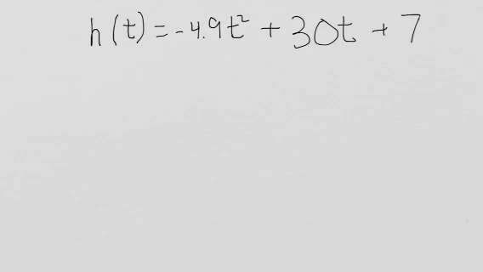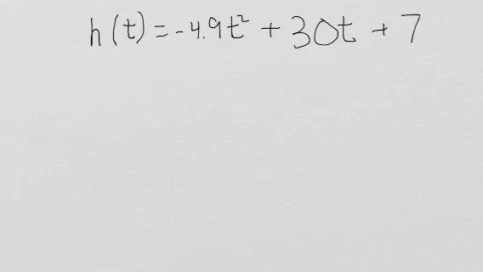So this is our function h of t, where h is the height of an object that we just threw up in the air. The initial velocity that we threw it with would be 30, and the initial height would be 7 in this case. So if we want to find the maximum height of this object, we first want to find the time at